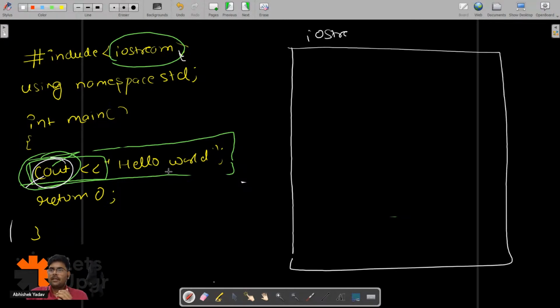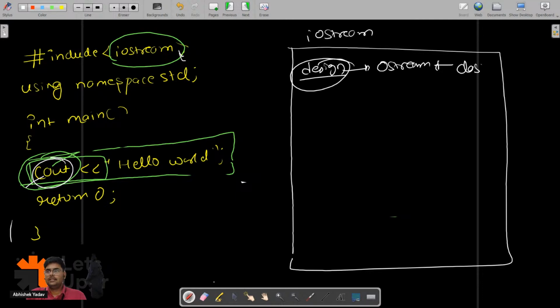Inside the iostream header file you have the design, and the design is what? The design of the ostream class. You have the class, and you have a container, the namespace std container,